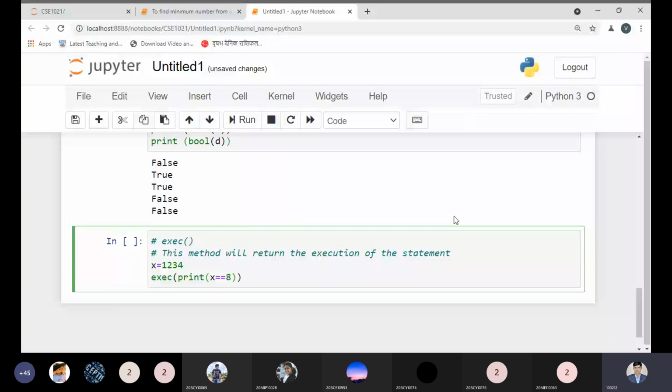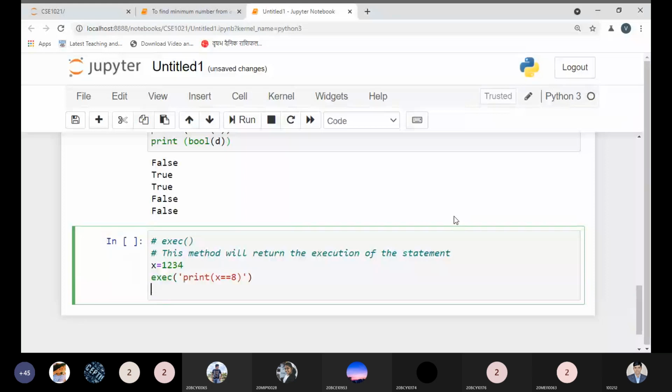I'm not assigning, I'm just making the condition. Let us understand this point. Now with this one, exec print x plus 4.